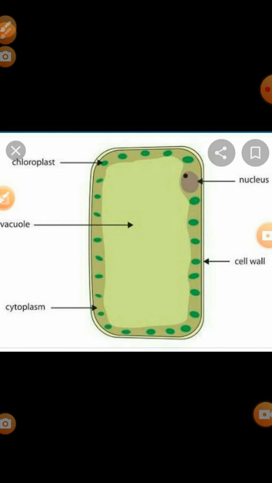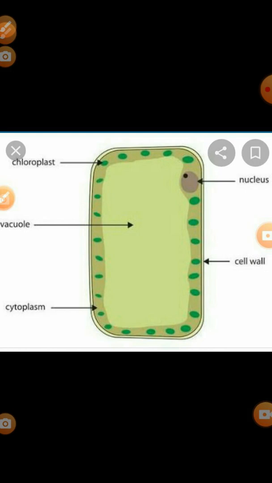What are these? These are, number first, palisade cells, as you see on the screen. What are palisade cells? Palisade cells are mostly found in the top structure of the leaf, and they have a lot of extra chloroplast to trap sunlight for photosynthesis. And what are the features? They have chloroplast, vacuole, cytoplasm, cell wall and a nucleus in it.